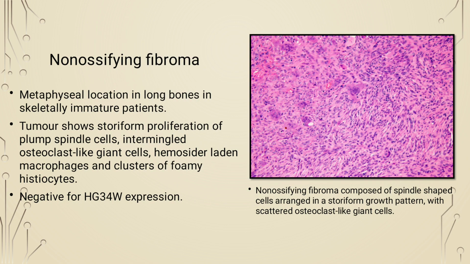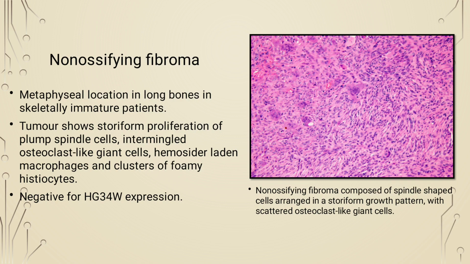Last differential is non-ossifying fibroma. Location wise, it is usually seen in the metaphyseal end of the long bones and in skeletally immature patients. On microscopy, the tumor shows storiform proliferation of plump spindle cells, intermingled osteoclast like giant cells, hemosiderin laden macrophages, and clusters of foamy histiocytes. On immunohistochemistry, it is negative for